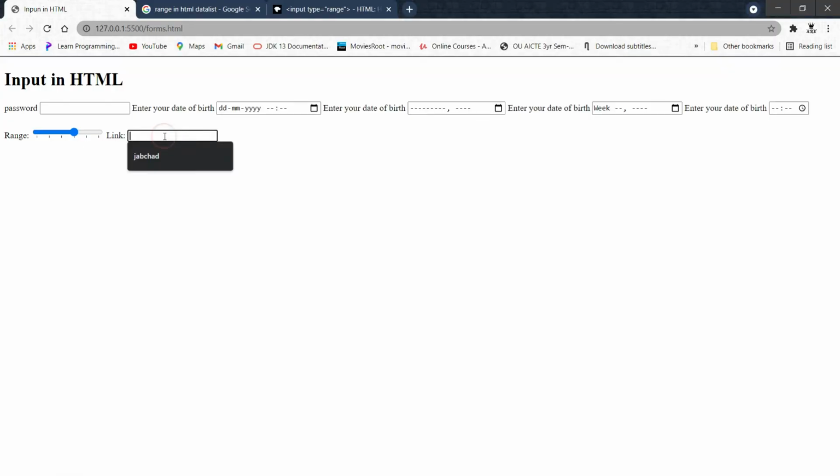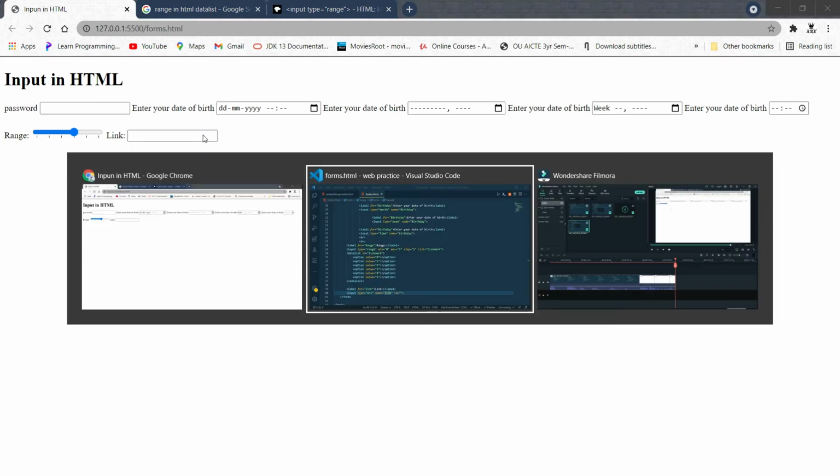If we write anything here and hit enter, it will give a red line, a warning that this is not a URL, and it will ask us to enter a valid URL, that is https://www.something.com. Now it won't give any error if we hit enter. So you can validate a URL using this.